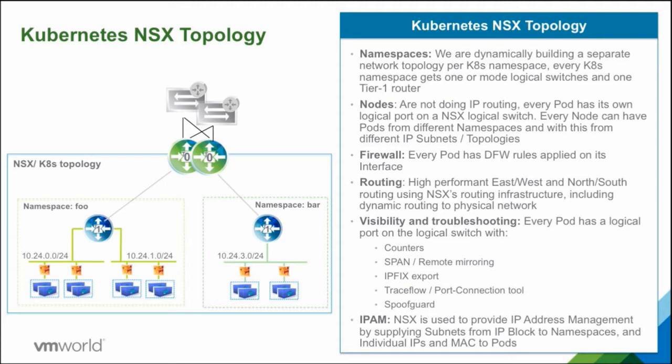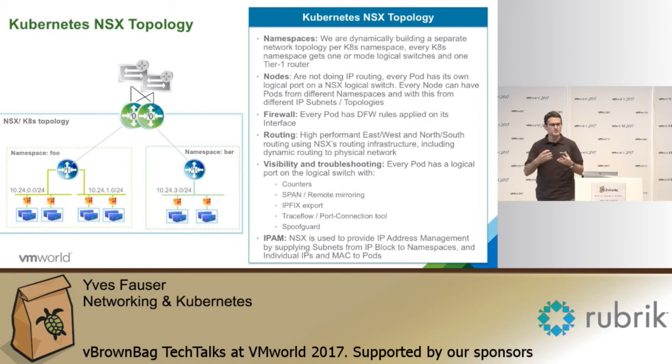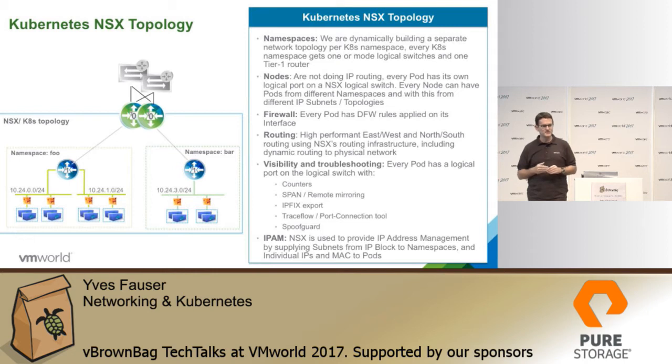And every time a new namespace is created, we create a new tenant router, a new tier 1 router. We attach logical switches to it, and those logical switches are overlay networks that span all the nodes. And then we attach the pods to those logical switches. That means the pods get an IP address where they are identifiable as belonging to that specific namespace. While in other solutions, you basically have IP addressing per node and not per namespace. That makes a big difference because now you can match on those network constructs, you can match on subnets, you can match on SNAT IPs in the outside world, and you know where your traffic came from and